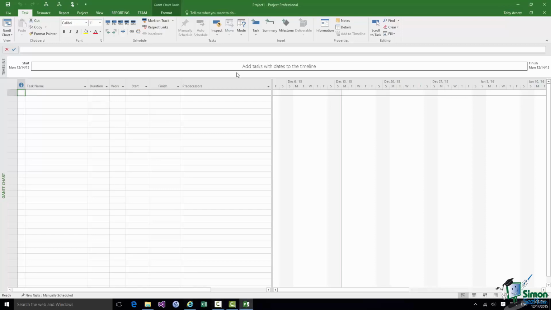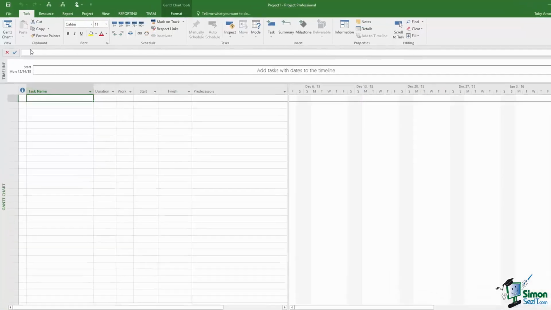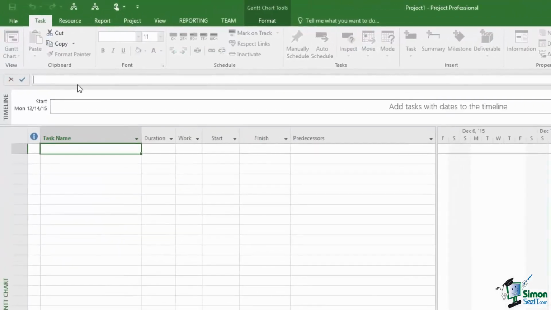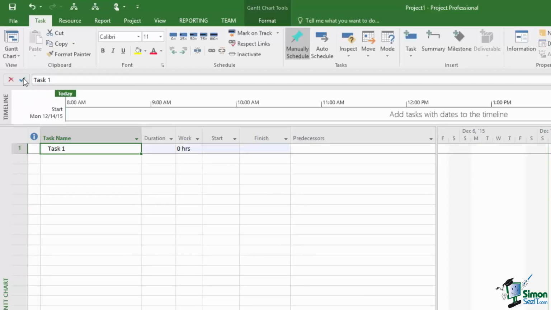And basically the kind of thing we use the entry bar for is this. If I want to enter the name of the first task in my project, I click in the task name field there, first task name in the first row of my project, and then if I click in the entry bar I could call it task 1. Having typed that, I click on the tick mark to the left of task 1, and that is the name of my first task.